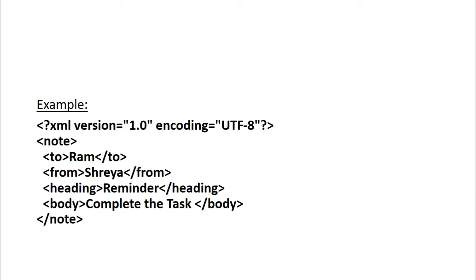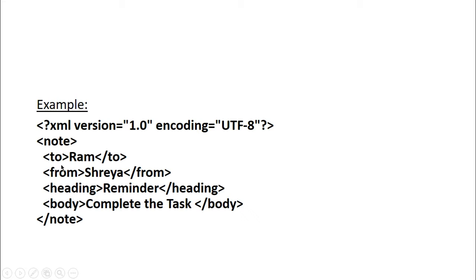So this is the first line that we have here, that is called a prologue, that mentions the version as well as the character encoding. Then we have a root node. In this case, the root node is the name of that particular tag, or the root tag, or the root element as we can call it. It is note. Within that we can have sub elements, or other elements, that are nested within this note element.